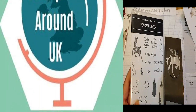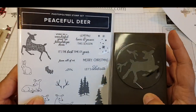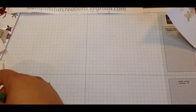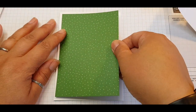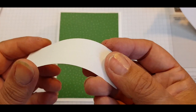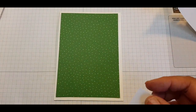This month's theme, we're working on cards to suit every maker, so from beginner to casual to avid crafter. I'll be using the Peaceful Deer stamp and punch set and this lovely paper here, Peaceful Prints from the Celebration catalogue. So I'll be using the same basic layout for all three of them, and this lovely velvet paper here,